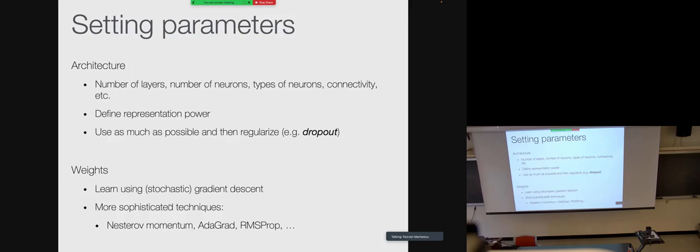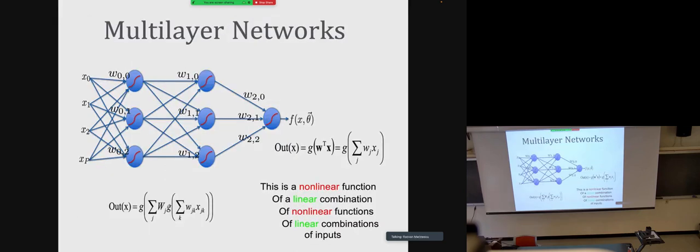Can you go back one second? Just following, you kind of start reading from the right side, right? So this is a nonlinear function, that's our rightmost. That's a linear combination of the last layer, which consists of nonlinear functions, which are in turn linear combinations from the layer before that, right? Yeah. Okay, I just want to make sure. Yes, you got it correctly.